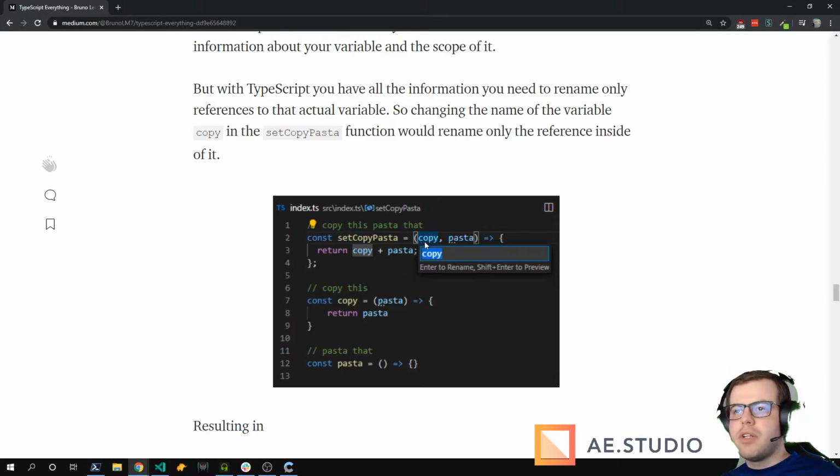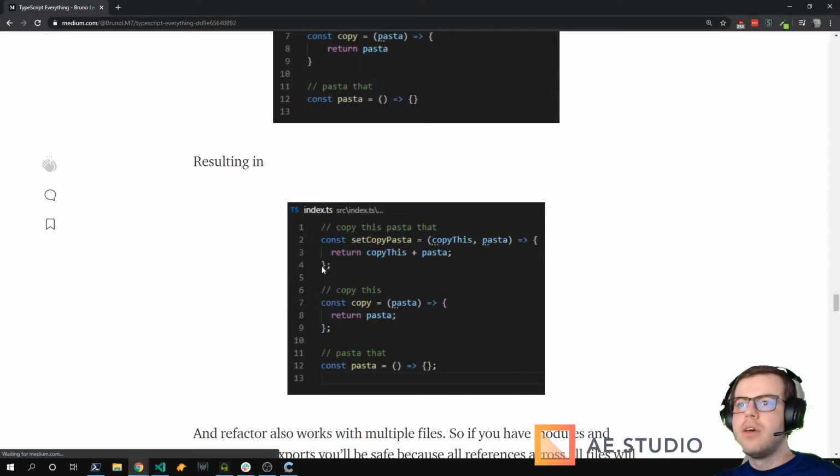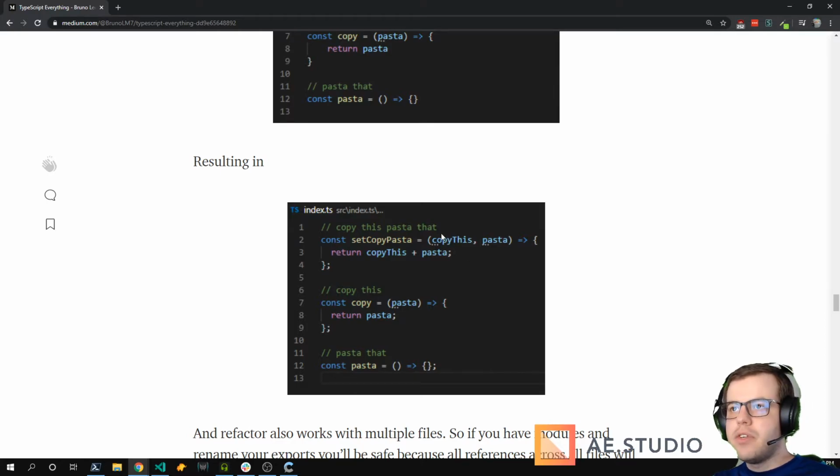TypeScript allows you to do that. Without TypeScript, you'd have to select words, and you could maybe select a comment in between functions or a function name in between. You would also have to manually go to other files to rename there. With TypeScript, it does everything for you, and it knows all the references to that variable, so you just rename whatever you want. So code is no longer read-only. And after the rename, you can see that only this and this changed.